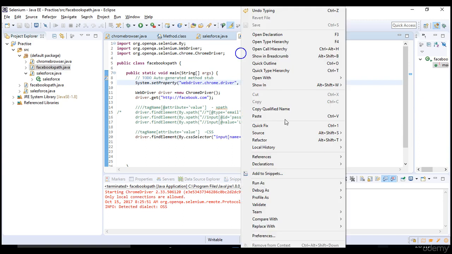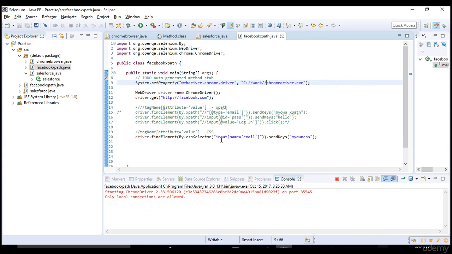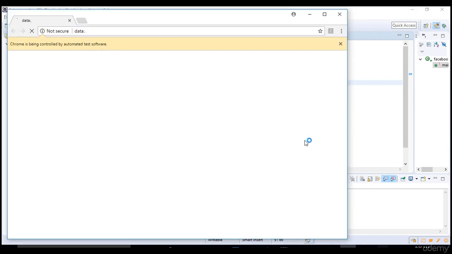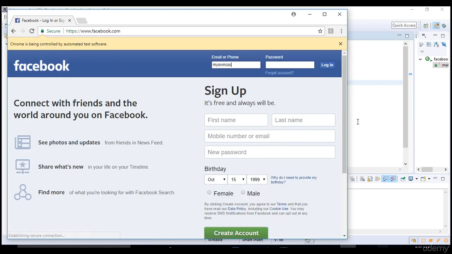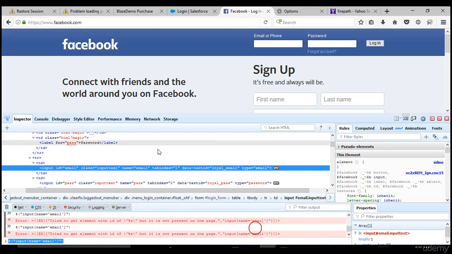Okay, let me run this test from my Eclipse and see if this is a browser error or our error. It should enter my own CSS in the email box. Okay, you see that it entered. My own CSS is in the email box, so just blame Firefox.